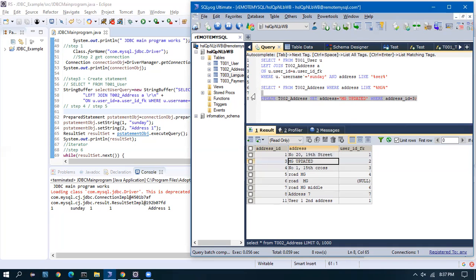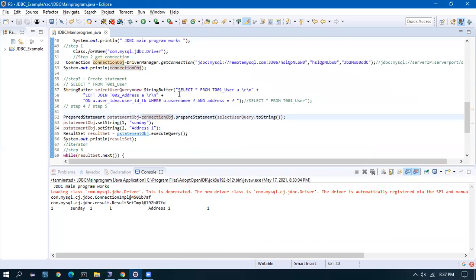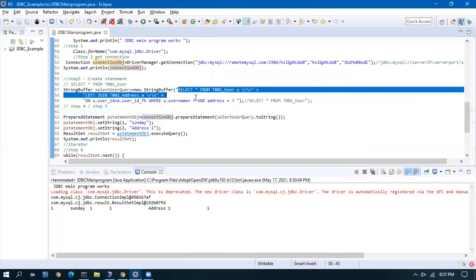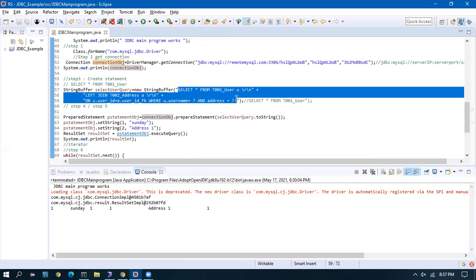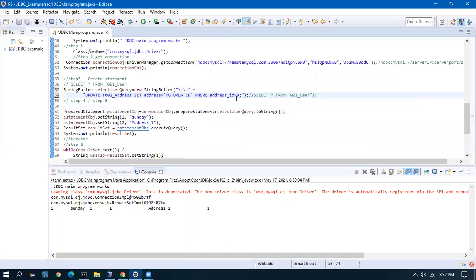Now let us run this query through a prepared statement. So here I will replace that query, and we are going to have only two values now.